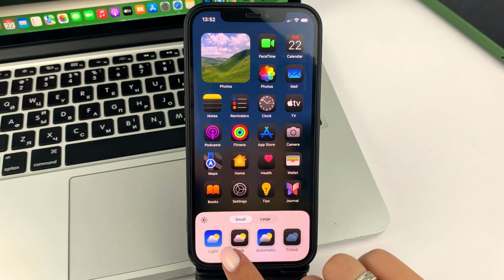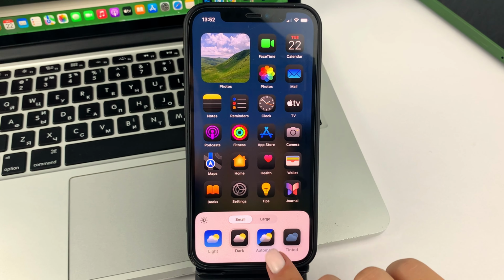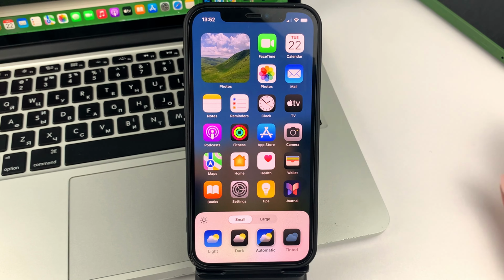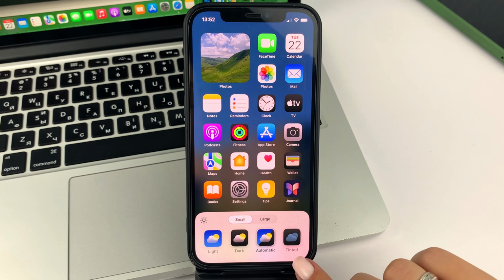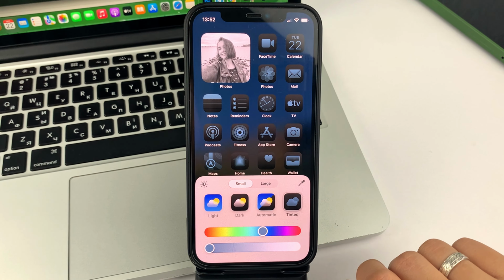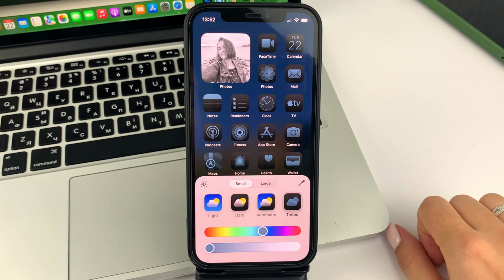First of all, you can make them dark. Next, friends, you can set them to auto, dark, or light. When you switch your iPhone, that is, if your iPhone will be in light mode, the icons will be light. If the iPhone will be in dark mode, the icons will be dark. And the last option, you can click on it so you can manually customize how the icons will look.